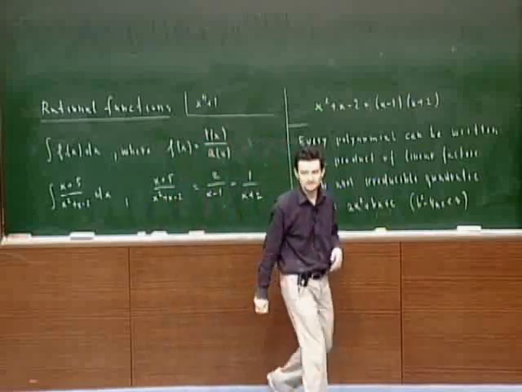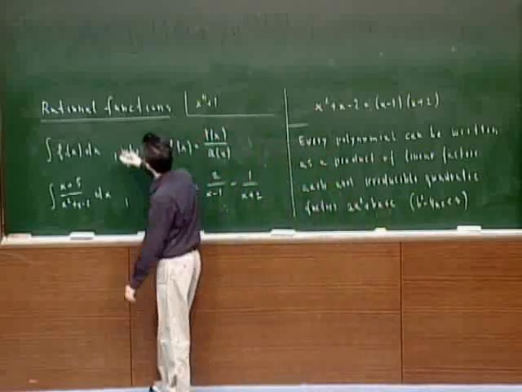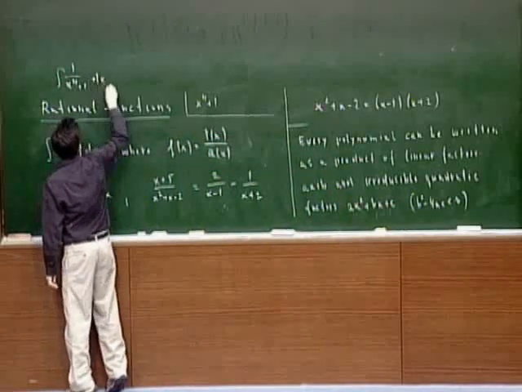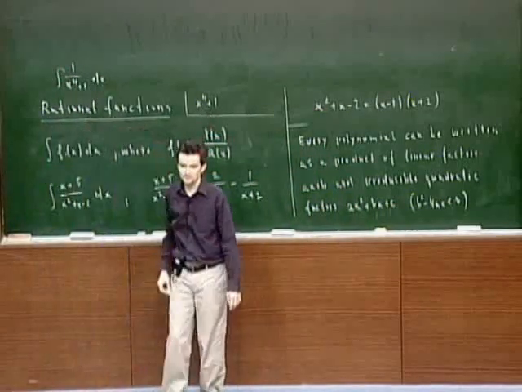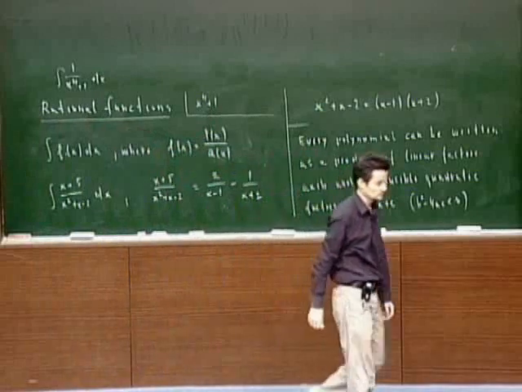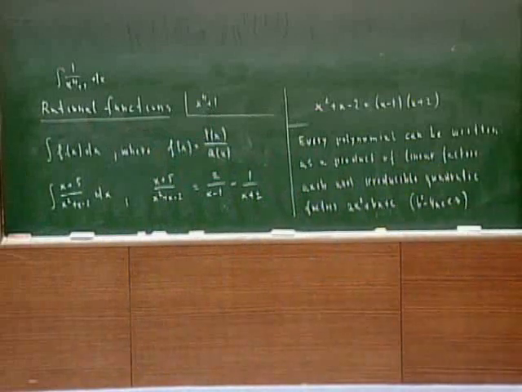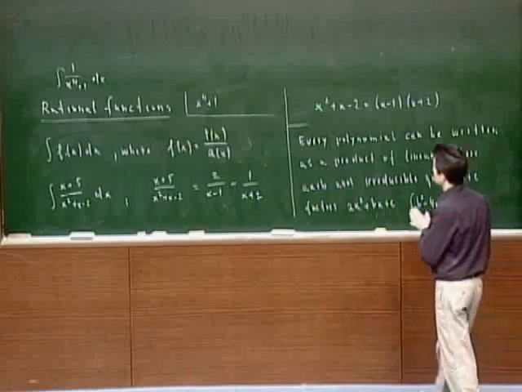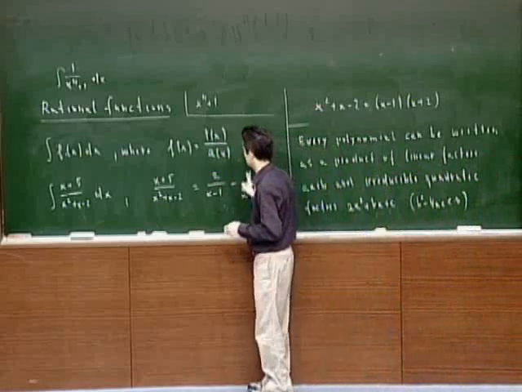It's not so complicated. But if you want to compute this integral here, you have to do this first. You have to write this as a product of two irreducible quadratic polynomials. Okay, but next time I will show you once more how to find those coefficients and how to set up the partial fraction expansion,